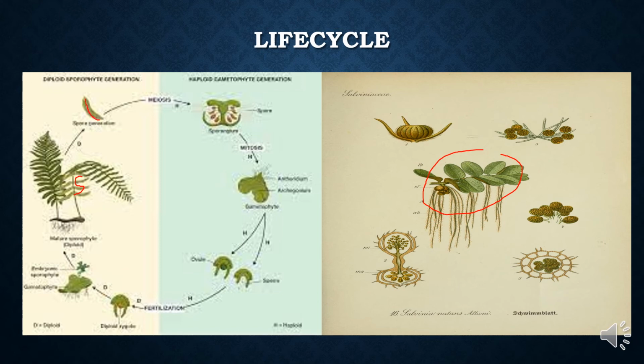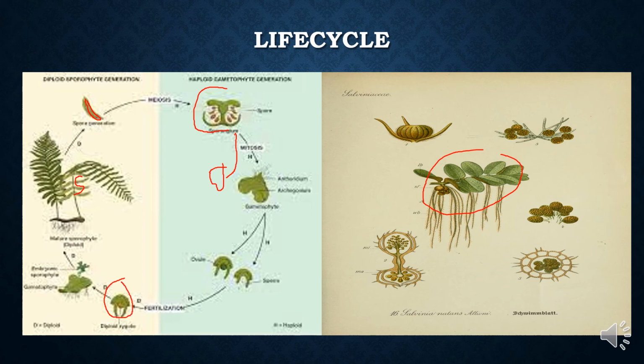In Salvinia we have a sporocarp, a sac-like structure inside which the spores are borne. Because it is heterosporous, two types of gametangia will be formed, this is one, and another type of gametangia. Two types of gametangia will be formed, and two types of gametes will be formed. The gametes fertilize to form a zygote.